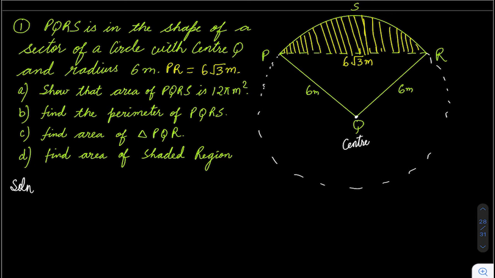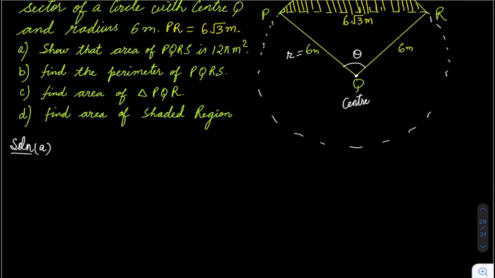So let's try this. You can pause this video and try this question yourself also. So for area of sector it is half R square theta. Now R I already know, that is 6, but I don't have theta. That is the angle subtended by the arc at the center. Center is Q. So basically this angle theta I don't have. So first I need to find this. So how can we find this? Now to find this, there are two ways.